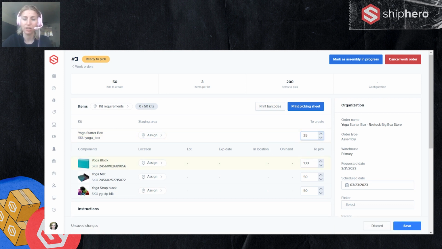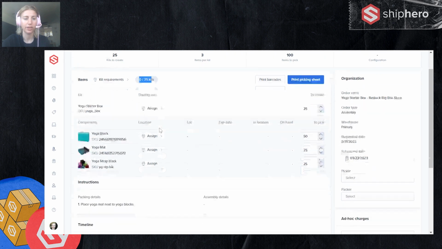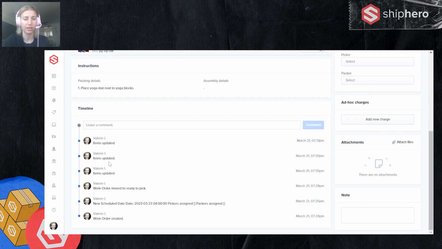That's completely fine. What you would do here then is simply update the amount that you would like to create, which will then update the amounts you need to pick for each of these SKUs. And then we'll hit save. And now you only need to make 25. You'll see it updates here. But don't worry, this is all updated in the timeline. You'll see that the items were updated.